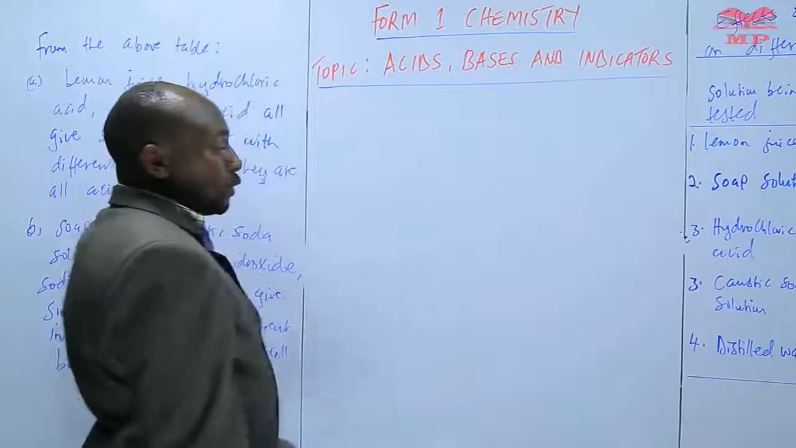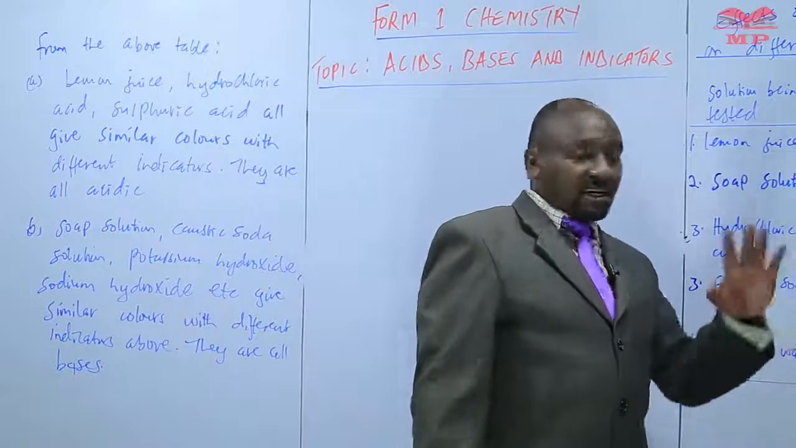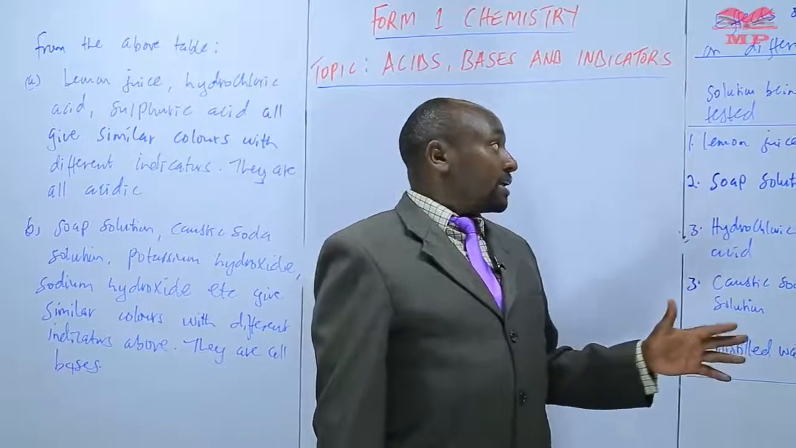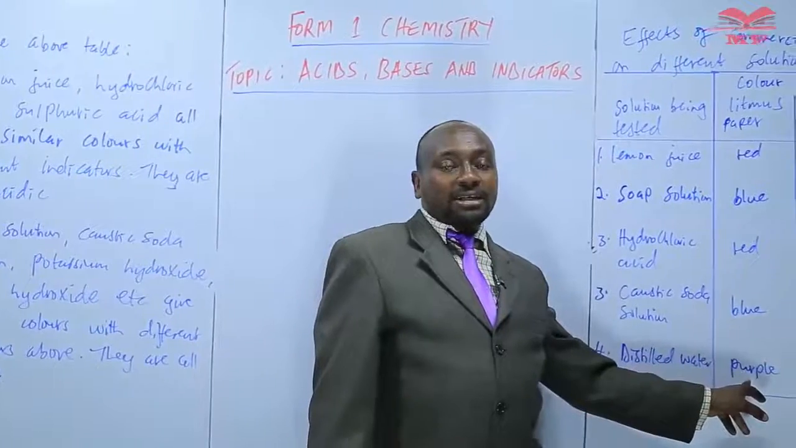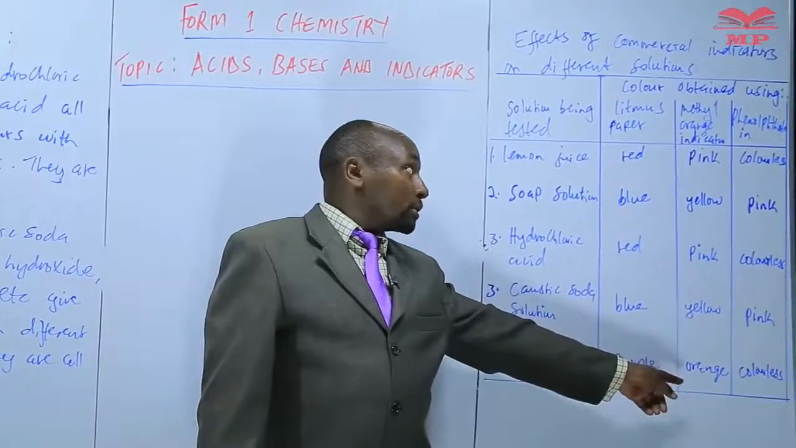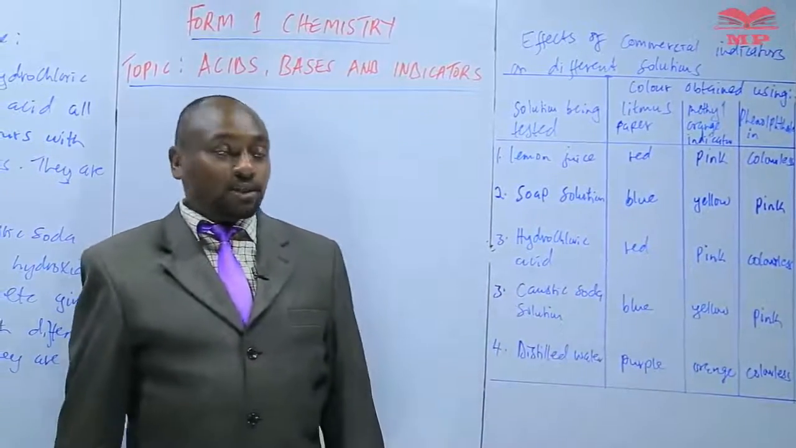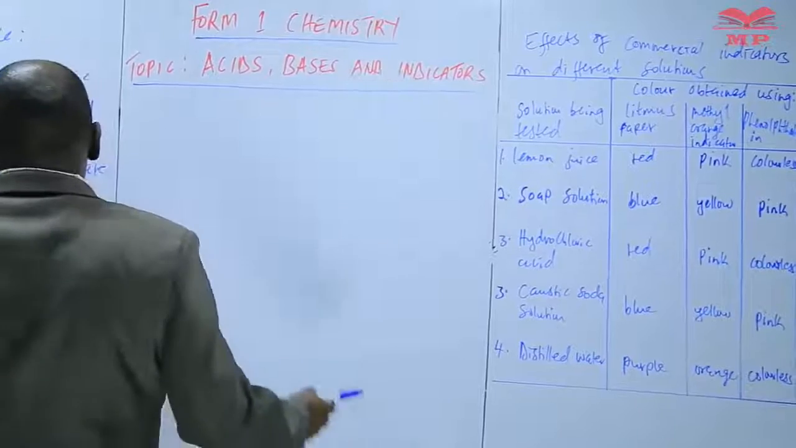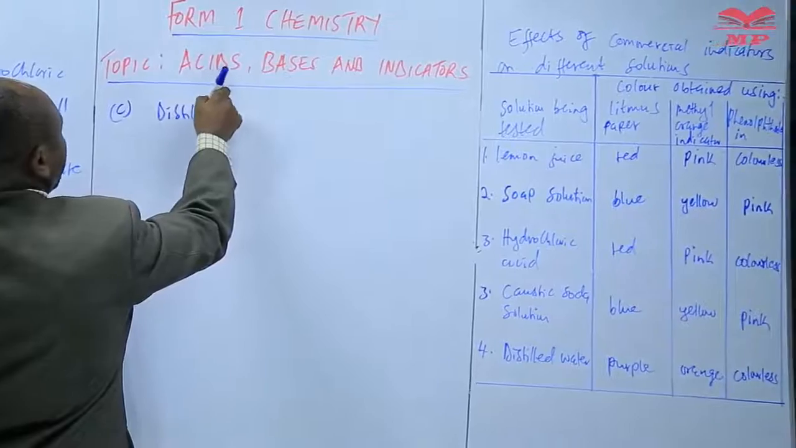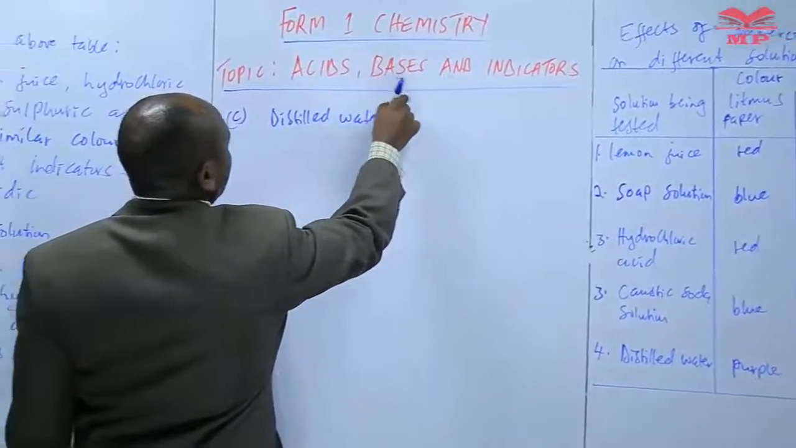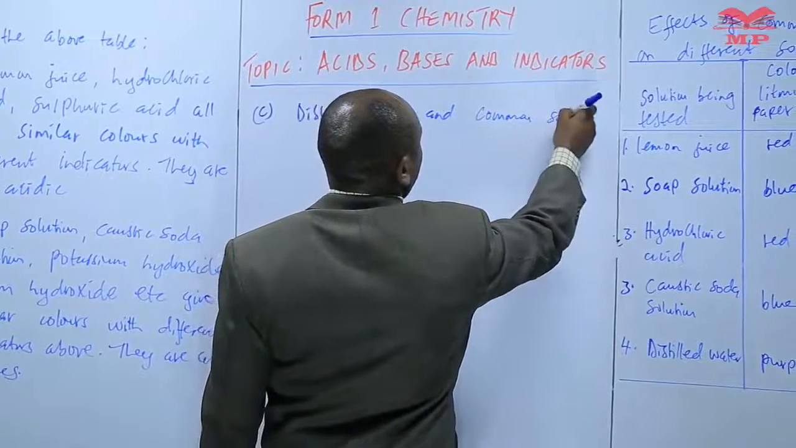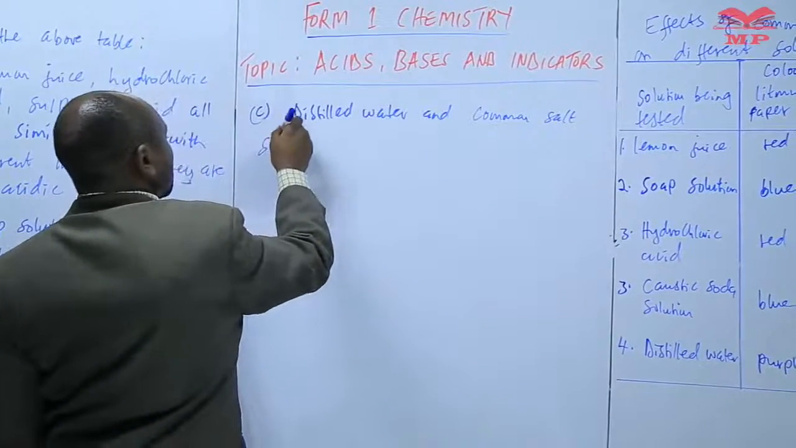Then we have distilled water, which gives us a completely different color from the others. Here we are saying that distilled water is neutral because the litmus remains purple. It doesn't turn red or blue. The methyl orange remains orange. Phenolphthalein remains colorless. So that is an indication that they are neutral. So you can say that distilled water and common salt solution,